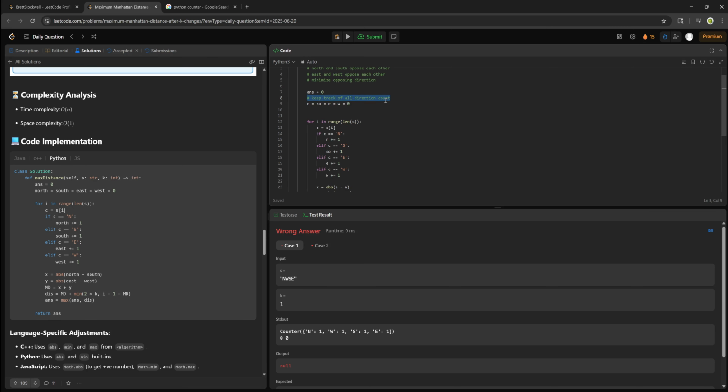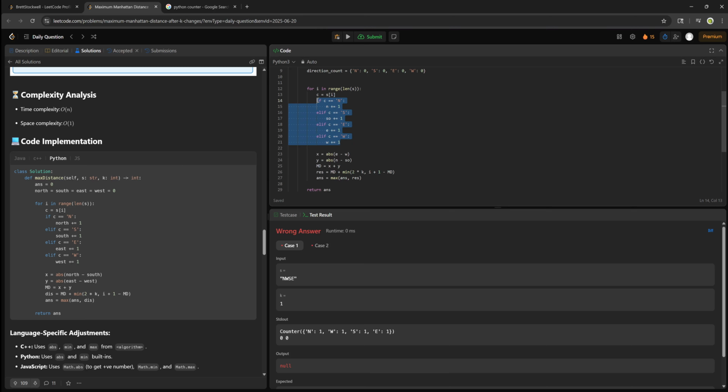Could you just do a dictionary instead, though? Direction count equals north 0, south 0, east 0, and then west 0. And then instead of doing all these if statements, you can do